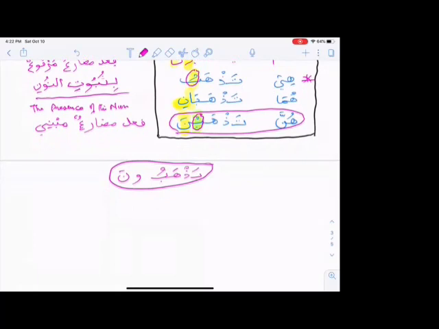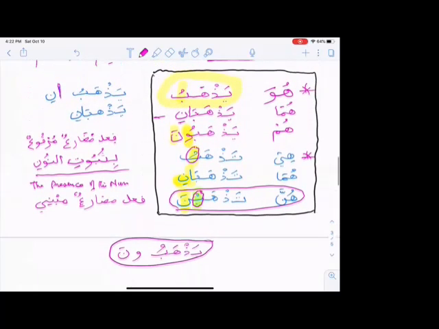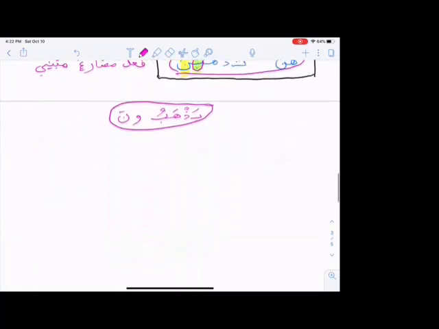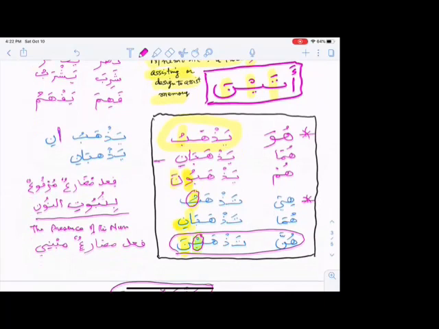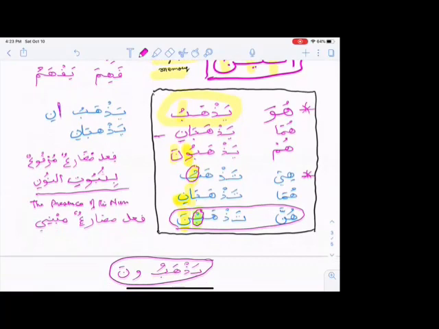Because there has to be a file in there all the time. I will do it next time, inshallah. Or maybe I will do it now. I don't know. Okay. Now, huwa yazhabu, huma yazhabani, hum yazhabuna, and here it changes. Here tazhabu, huma, that is two ladies, tazhabani, and then all ladies yazhabna. Okay, yazhabna. Okay, remember.